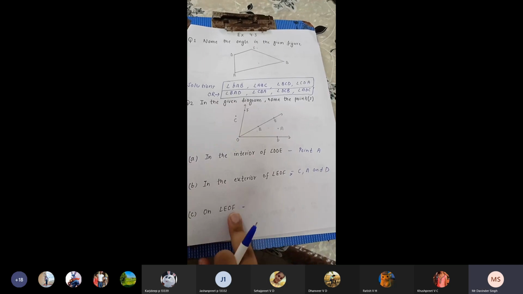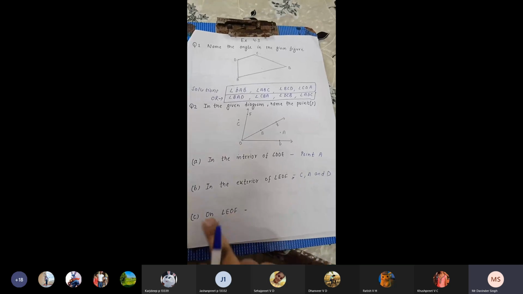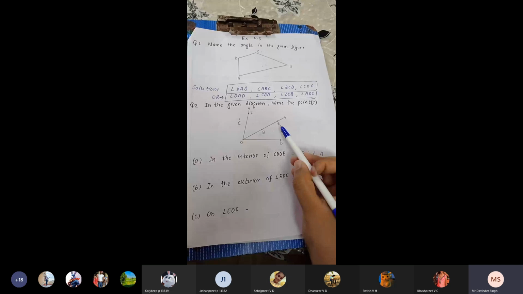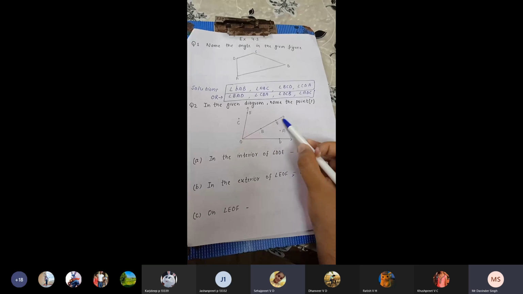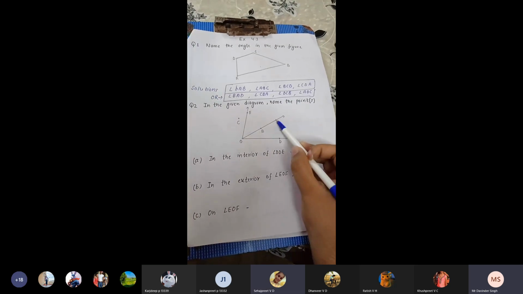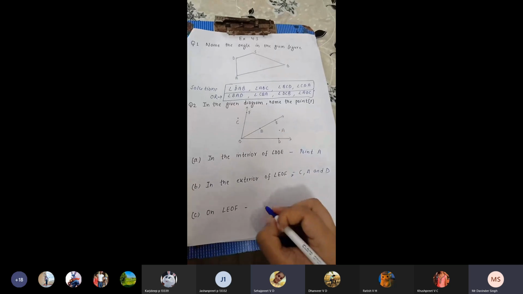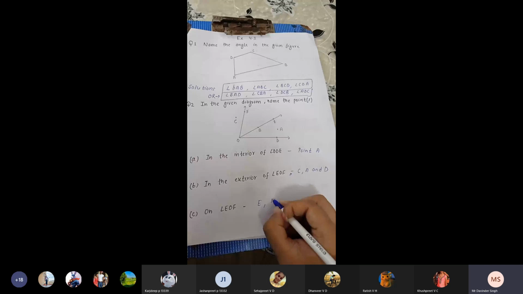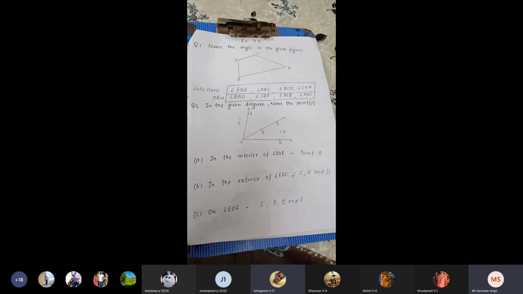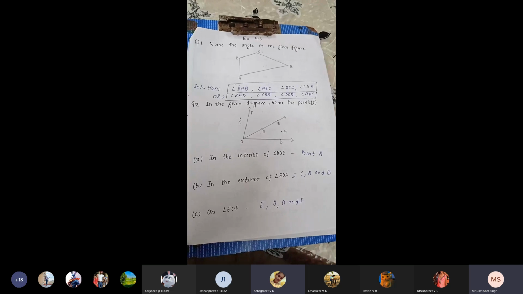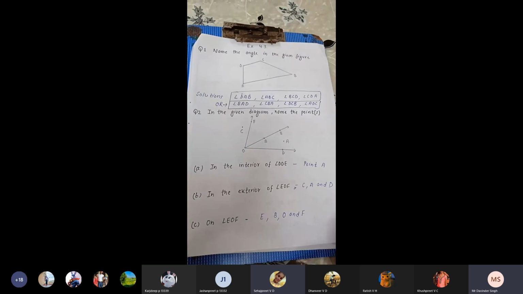Okay, that is now on angle EOF. Now we have to name the points that are on angle EOF. Now which points are on EOF? Sorry, points. So EOF. So this is the angle. So now we have to tell the points that are on this angle. So first point is E, then B also, then O, and then F. So the points are E, B, O, and F. Okay. Any doubt in this question, you can ask me in any part. No, sir.